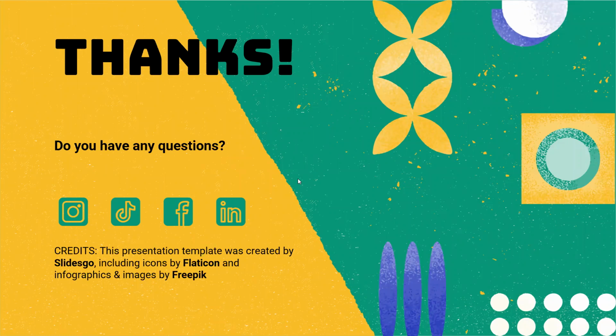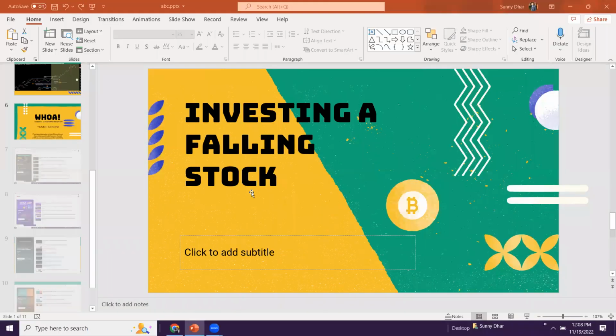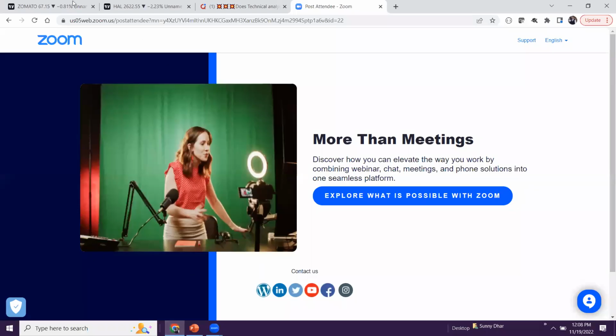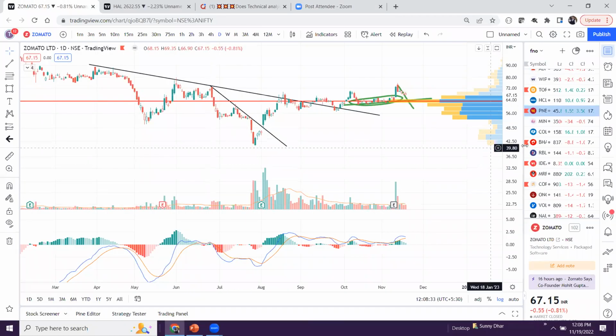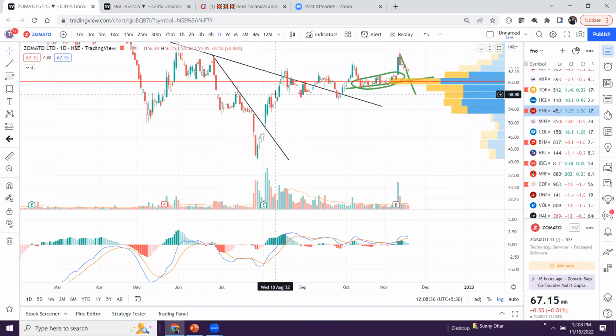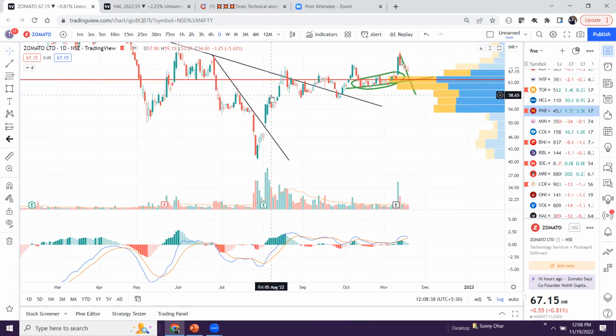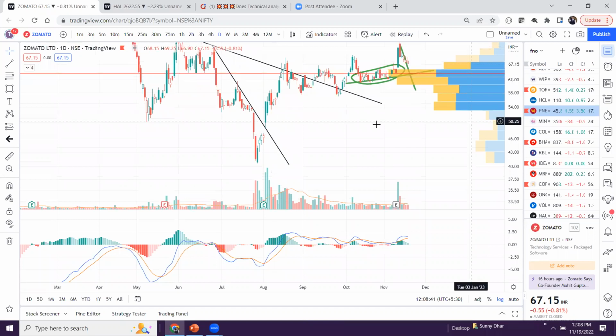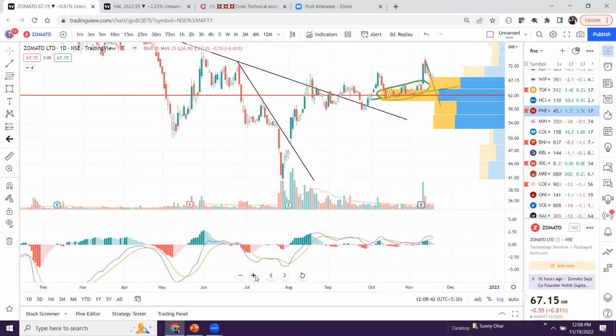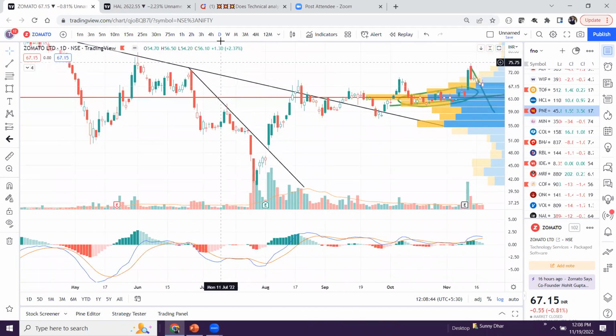So we recommended Zomato. If you remember, we posted in our Telegram group also at 55. So let us see what exactly we saw in that chart, because it was continuously in a downtrend, and let us see what really changed in the chart. At 55, you see in our group, I had posted that now you can invest in Zomato. So this is actually, let me go to the